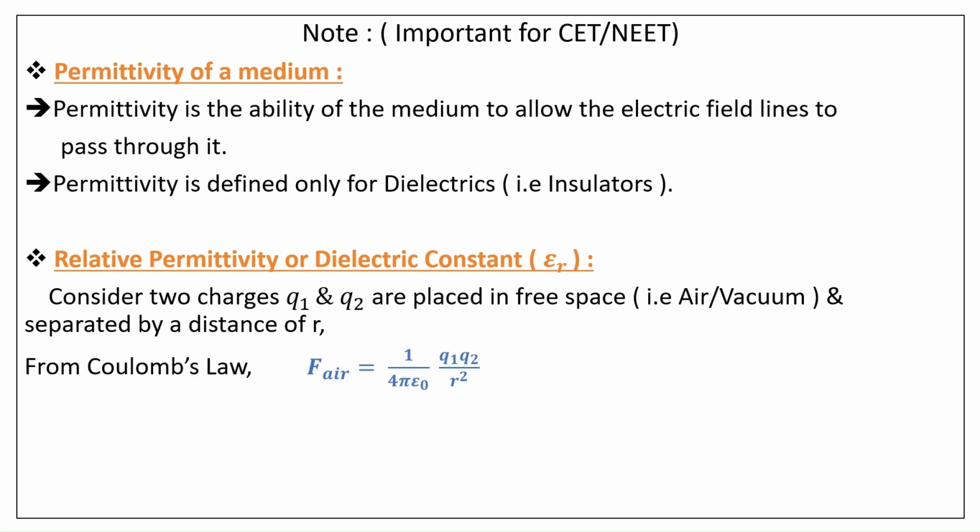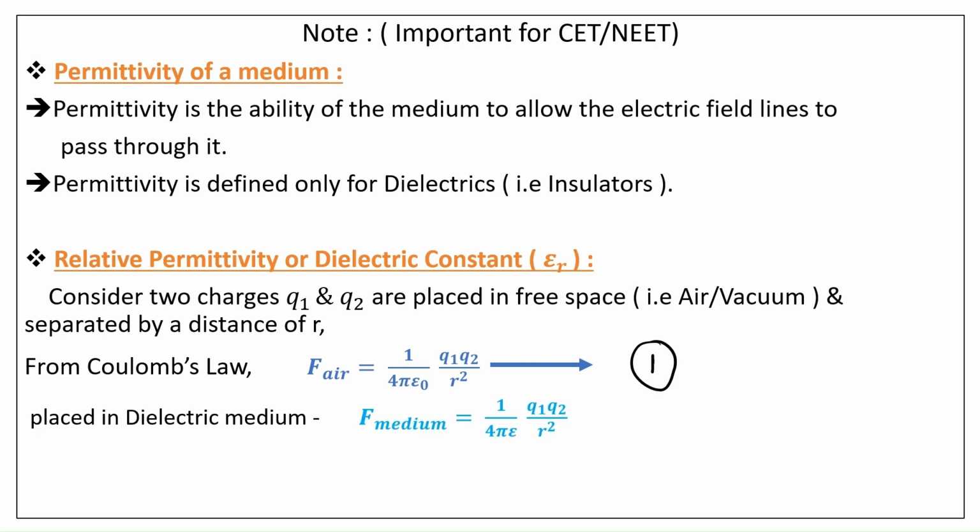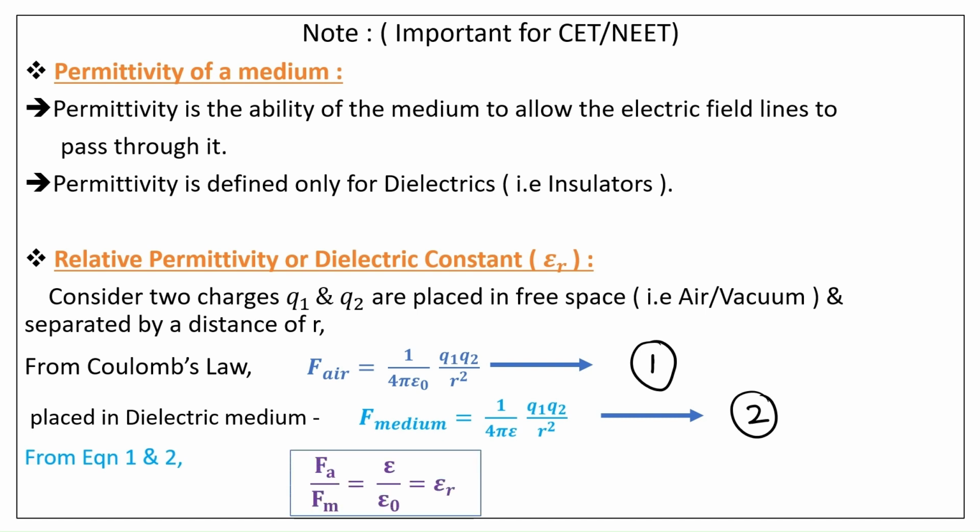Consider two charges Q1 and Q2 placed in free space, that is air or vacuum, and separated by a distance of r. From Coulomb's law, F air is equal to 1 by 4 pi epsilon naught into Q1 Q2 by r square. Equation 1. When Q1 and Q2 are placed in a dielectric medium, F medium is equal to 1 by 4 pi epsilon into Q1 Q2 by r square. Equation 2. From equations 1 and 2, F air by F medium is equal to epsilon by epsilon naught, which is equal to